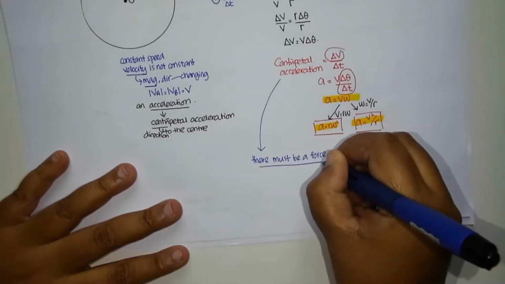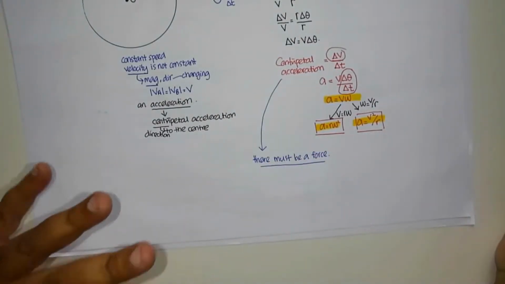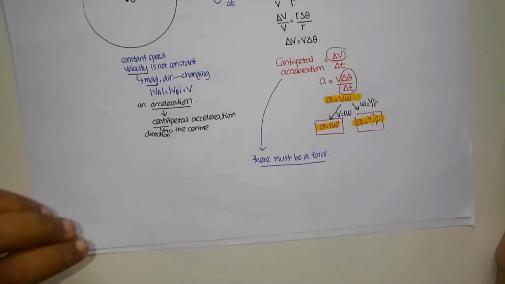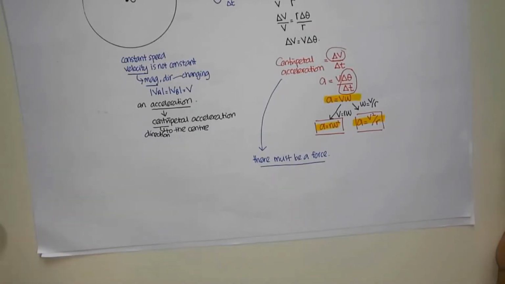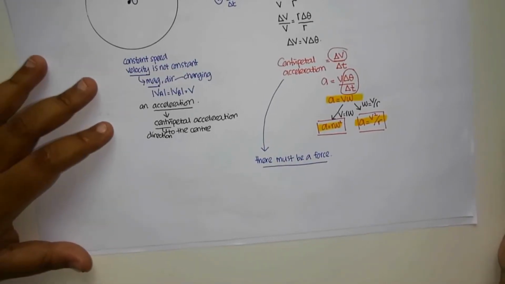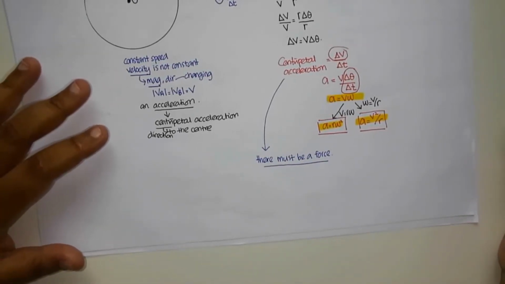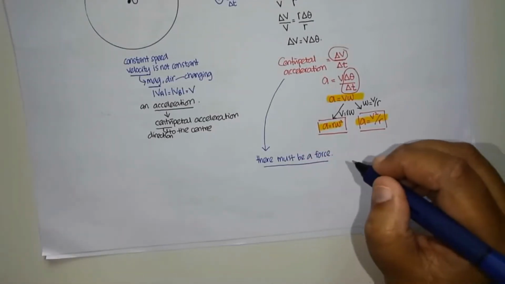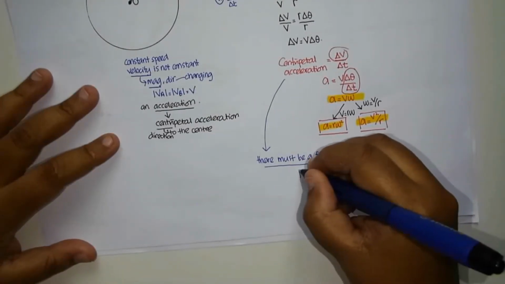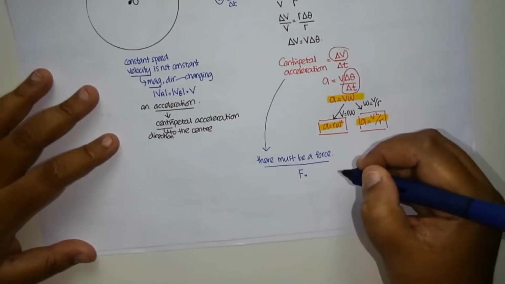When a particle is in circular motion, it has an acceleration of v square over r towards the center of the circle. Now according to Newton's second law, the resultant force F is equal to